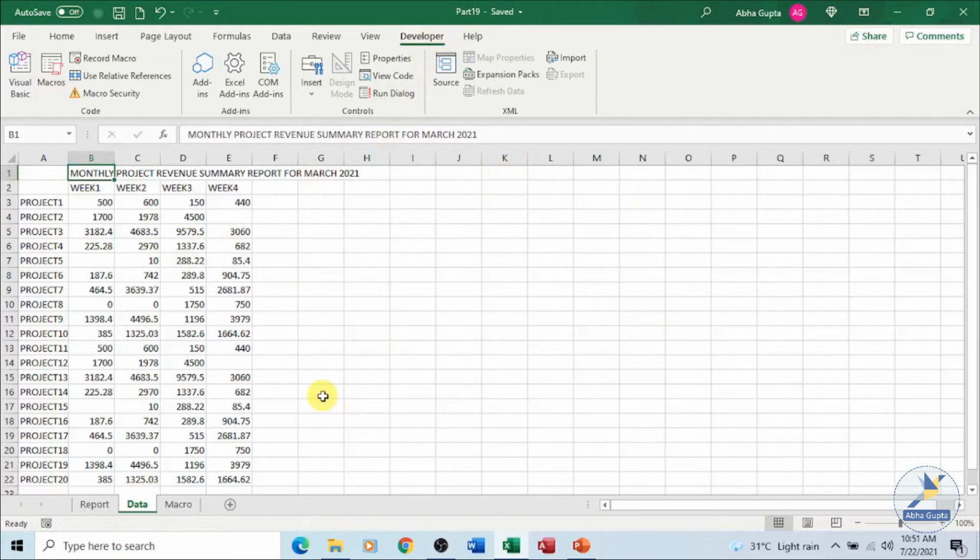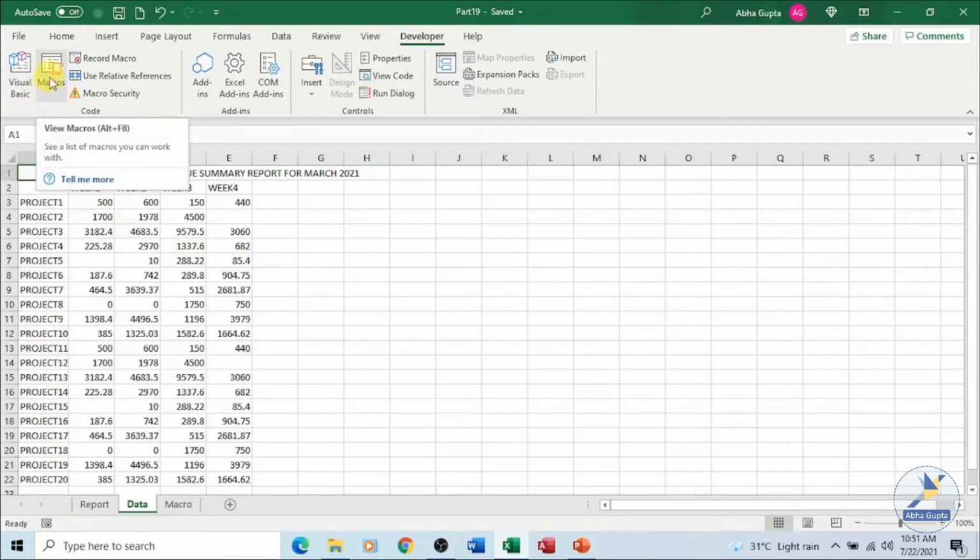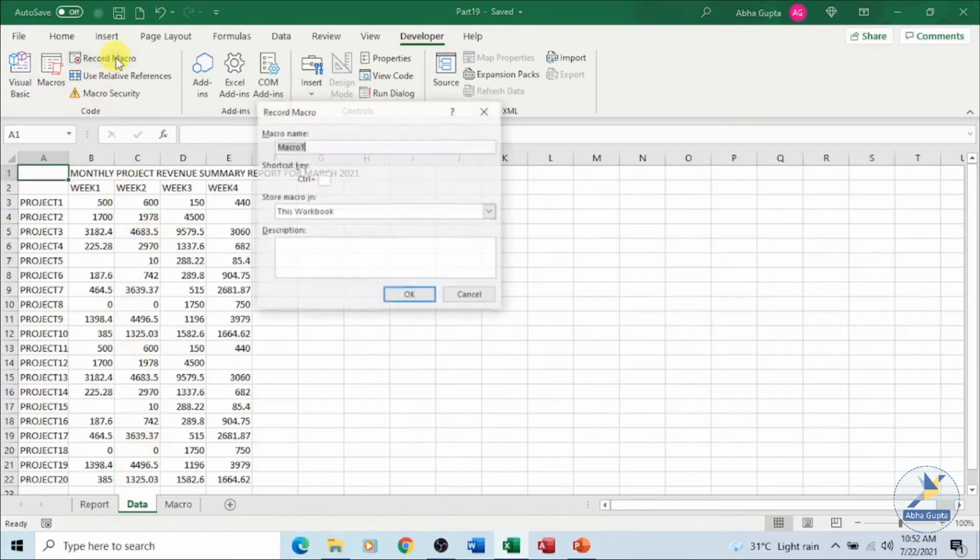Let's record a macro. Over here you have the Macros option, and the recording option is also there. Once a macro has been recorded, you can click on this Macros option and view and edit your recorded macro. So let's record the macro. Click on Record.